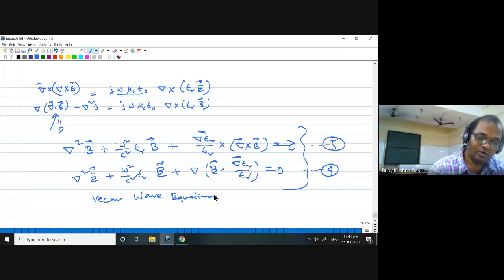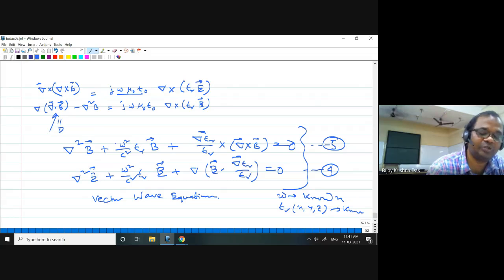Okay. So the thing is that the magnetic field and electric field are decoupled, and you can solve independently in the frequency domain. For one particular known frequency, and epsilon r of x, y, z also known, you can solve that. Now I will try to give you some idea for the 1D waveguide we considered earlier, which is a step type function. Typically, if we consider this vector wave equation, what would be the solution there?